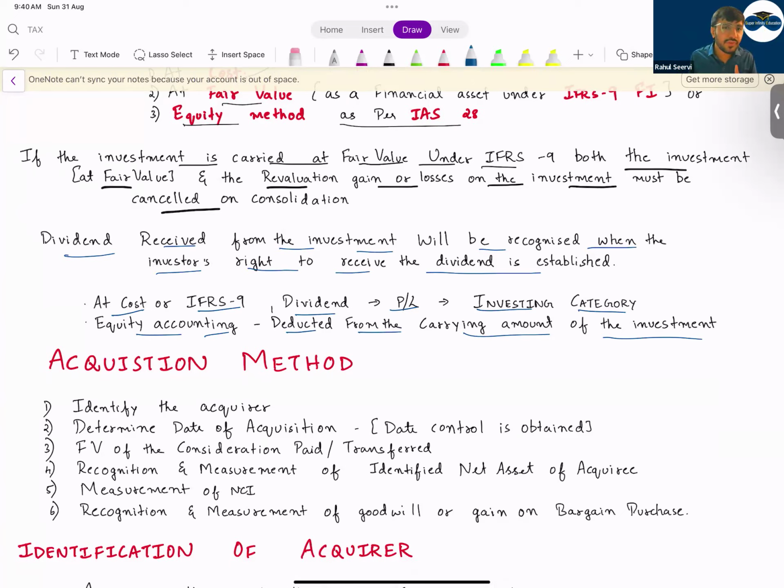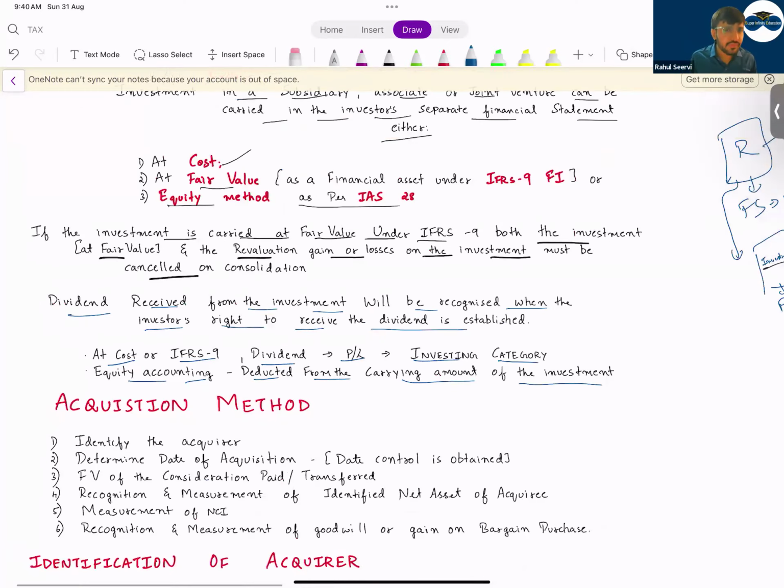In your exam, this is a frequently tested adjustment. The examiner will just write down that you have received this dividend. In that case, you have to remove the complete dividend. You should record the profit that belongs to the company and then reduce the dividend part. So I hope this is clear to everyone. IAS 27.